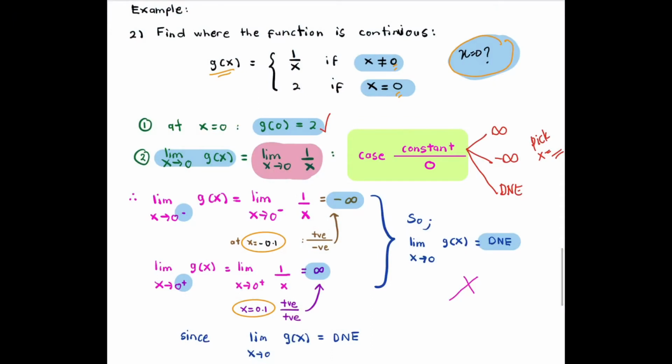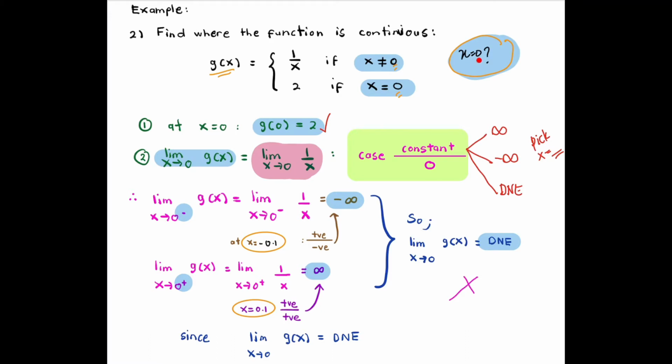Let's see the second example. Find where the function is continuous. So again, we have a piecewise function, and you have your domain here from x is not equal to 0. Another one, this is 2 if x is equal to 0. So the point that we are concerned with right now, whether it's continuous or not, is at the point x equal